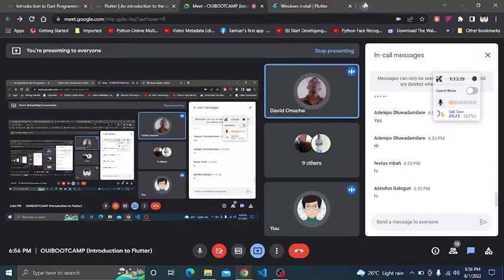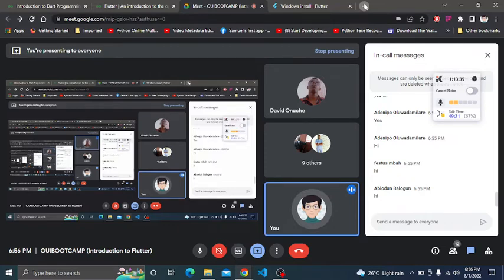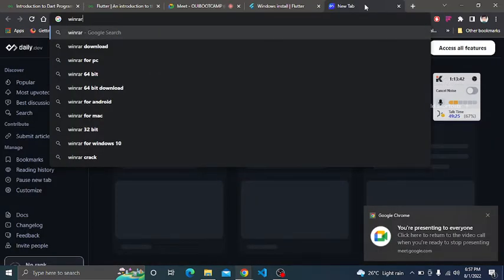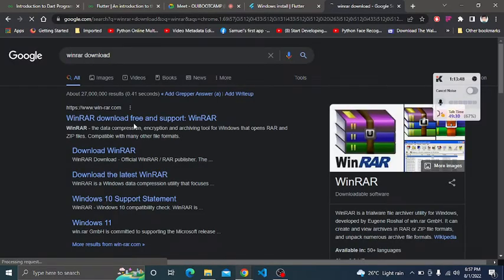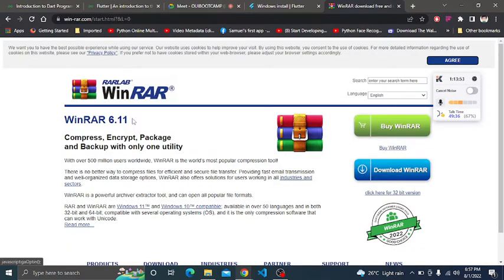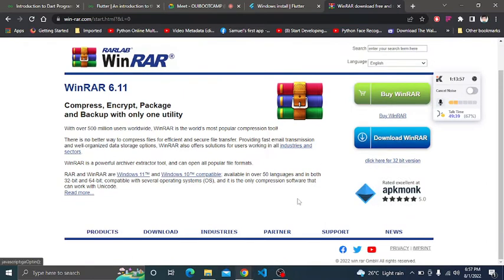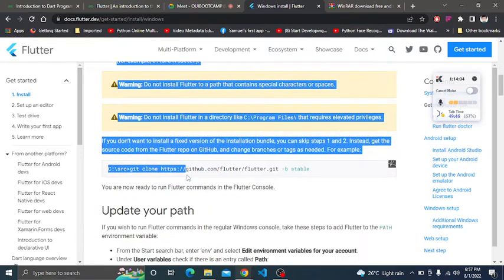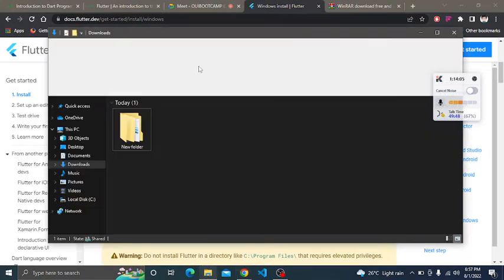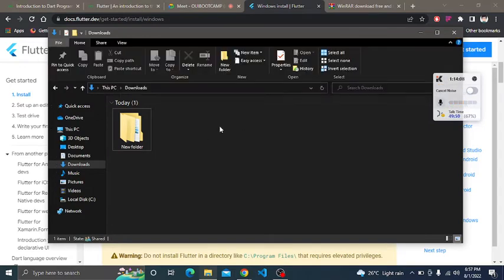Everybody should have this particular software, WinRAR, however they pronounce it. So just download this software. It helps you to unzip any zip file. Just click on download WinRAR like this. Then you have it on your laptop. Once this file is on your system, you'll see the logo in your Windows Explorer, probably in your downloads. Then you just double click it, then it will ask you to